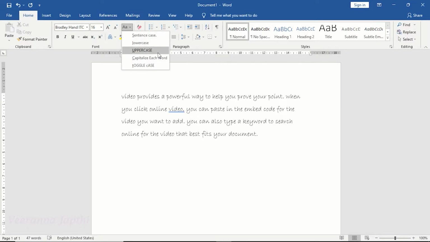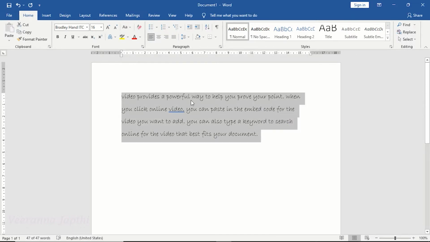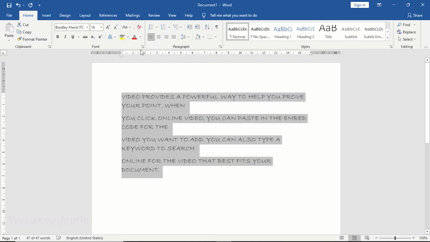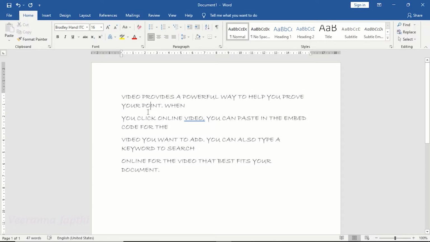uppercase. This option converts selected text into uppercase. Let us see example. Select the text. Click on change case tab. Click on uppercase option. The uppercase option has been applied and entire selected text has been converted into uppercase. Next option,